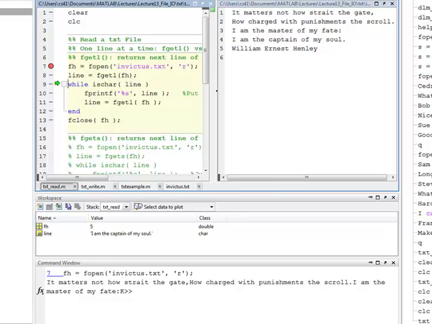I go back up. That is of type char. I print that out. You see that happen in the command window. I get the next line, William Ernest Henley. I go back up. That is of type char. I print that out. That happens in the command window. I get the next line, and now you notice I'm at the end of the file, and so it returns the value -1, which is of type double. So I'm going to fail the test here on line 9, and then jump to line 13, and close the file. Okay, so that's how it works with